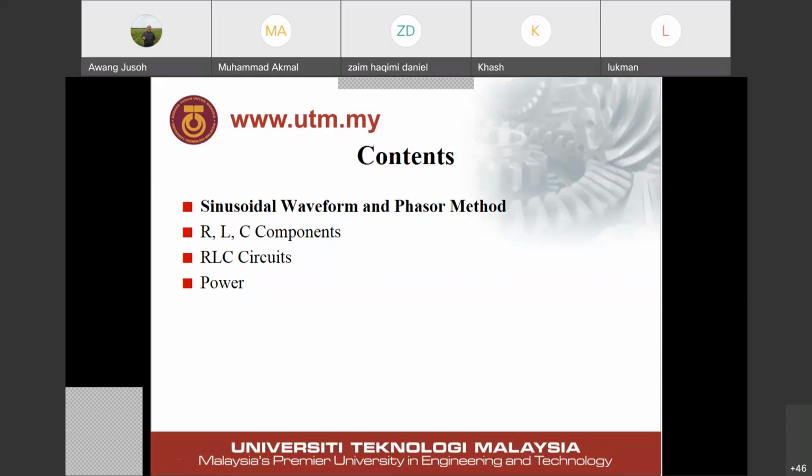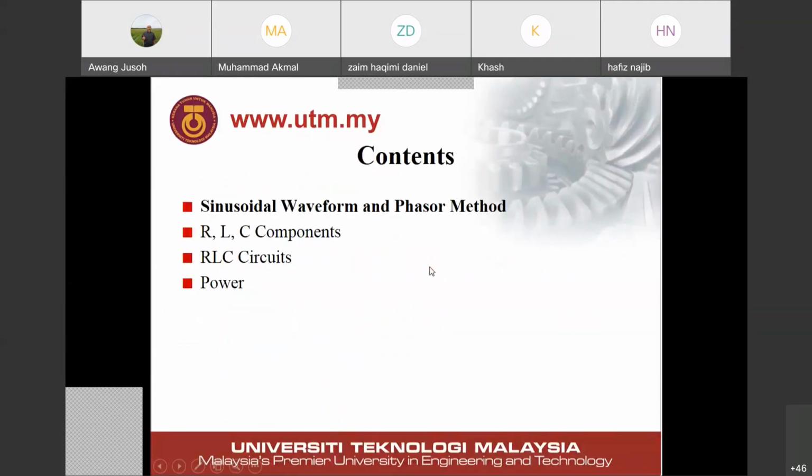Basically AC and DC are the same thing, but the component is only different because we have the amplitude and frequency. So in DC system, the frequency F equals 0. That means the supply voltage or the current is fixed, a fixed value. When the time moves, the voltage is fixed. It's not changed. But in AC system, we have frequency. Meaning that when the time moves, the amplitude of the voltage and the current will change accordingly. That's the difference between AC and DC.